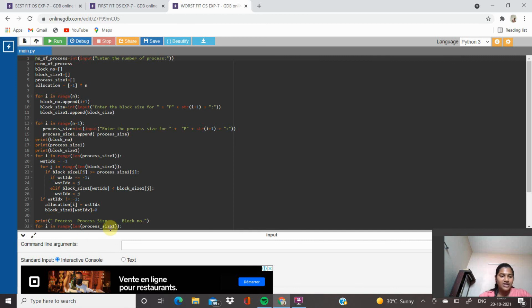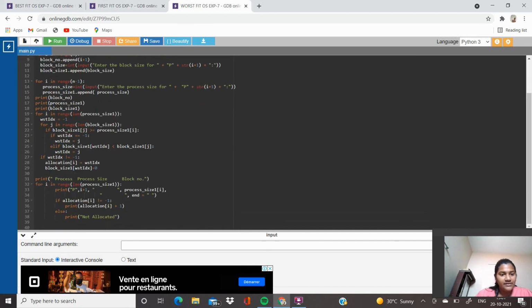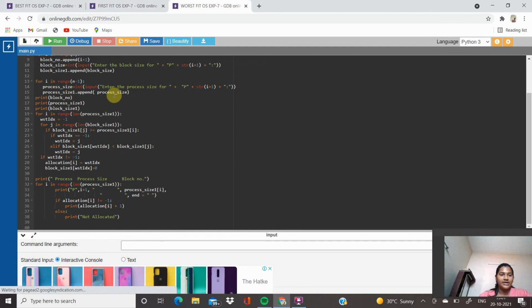For I in range length process size 1, print p, I plus 1, space, process size 1, comma, space, end. If allocation is not equal to -1, print allocation I plus 1, else print not allocated.